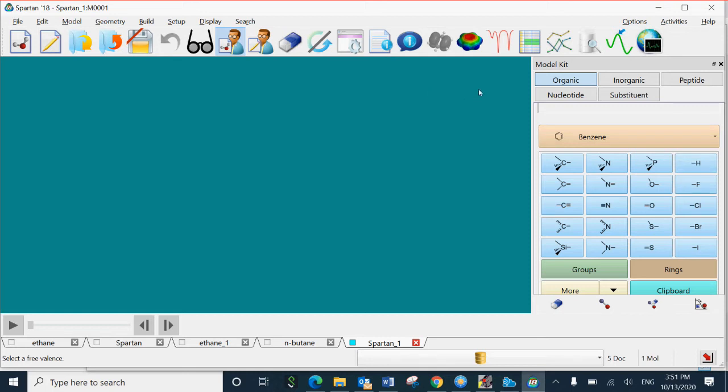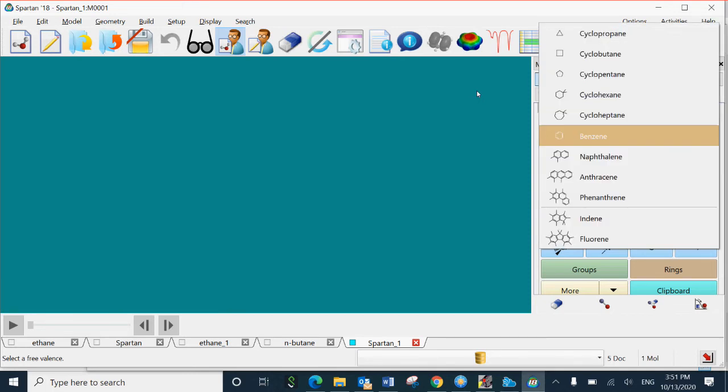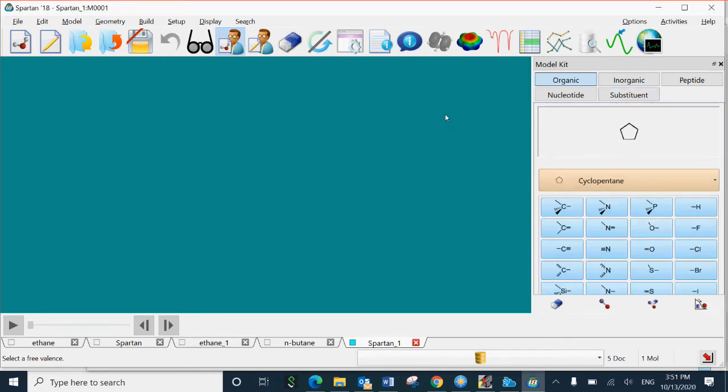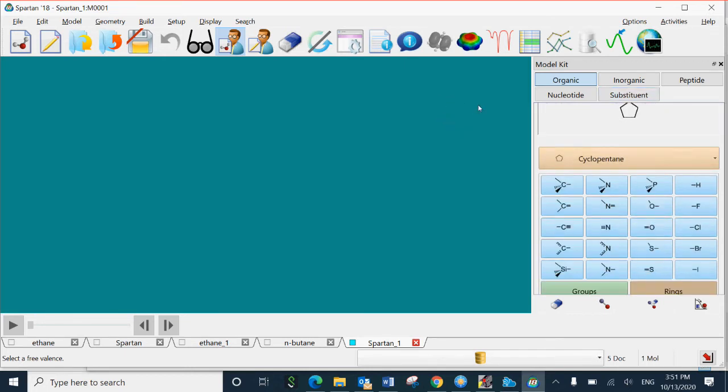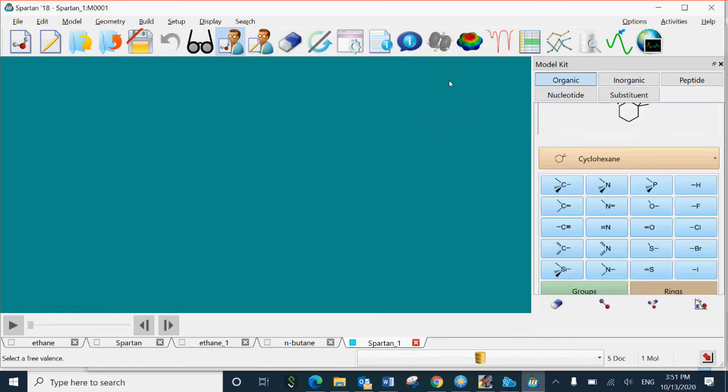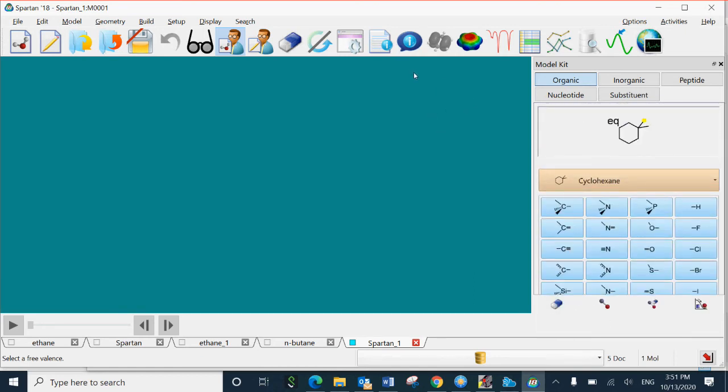Benzene is there, but at the right end there is an arrow. Click on that, and you will see cyclohexane. So click on cyclohexane. Cyclohexane will be highlighted, and double click on the main screen, and you will get a cyclohexane here. See, cyclohexane.